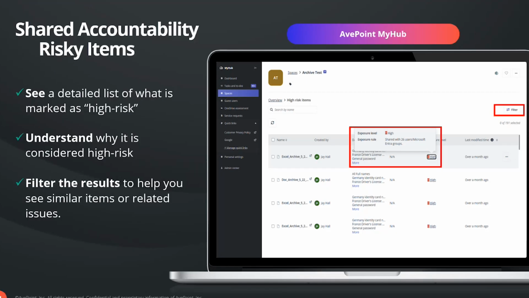So in this instance, we've got an item that's overexposed, right? It's shared with a large group of users. And so if you imagine that confidential tag, right? If I've got something flagged as confidential or restricted, but it's shared with a group of 50 or 100 people, right? That may be incongruous, right? That might be an issue. Whereas if it's public and it's shared with the whole tenant, well, it's public, right?